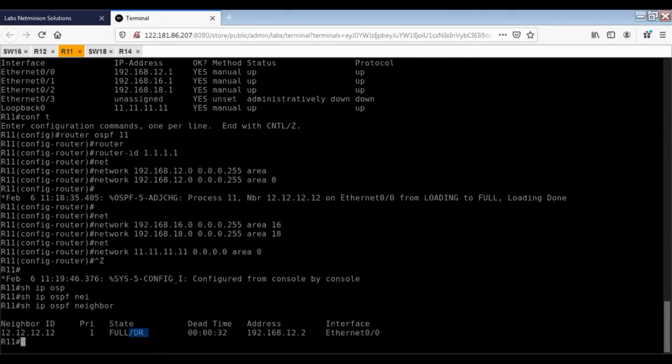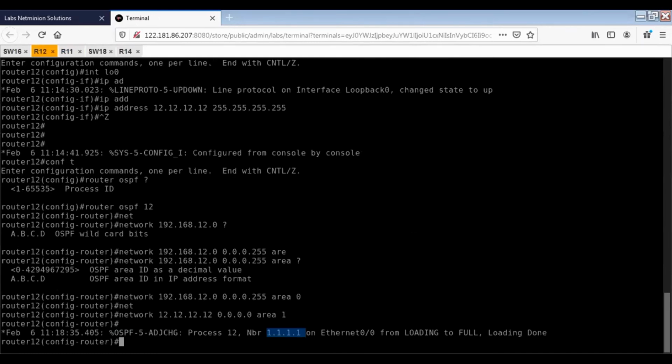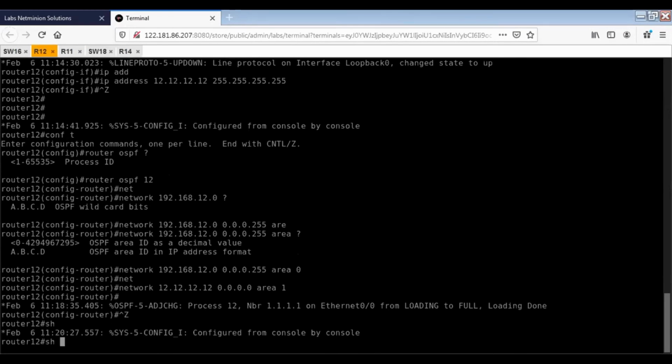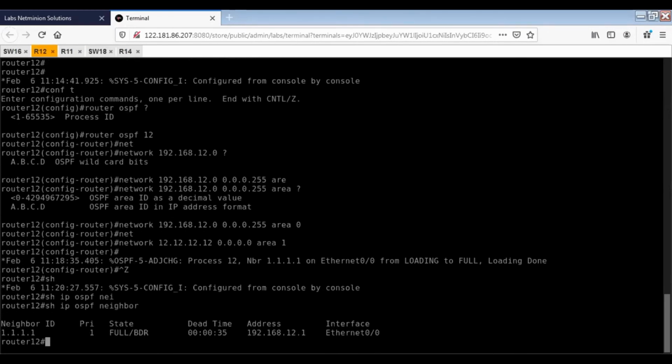There are only two routers there, and the router ID of router 12 is higher than the router ID of 11, so it will become the DR. Now we'll go on router 12 and run show ip ospf neighbor. So it will become the BDR. There are only two. In area 0 we have one more link, 11.11, but that is a loopback, so it is not taking part in DR or BDR election.